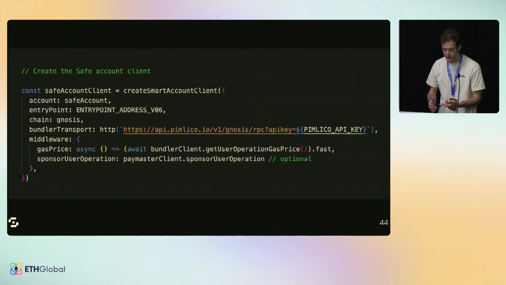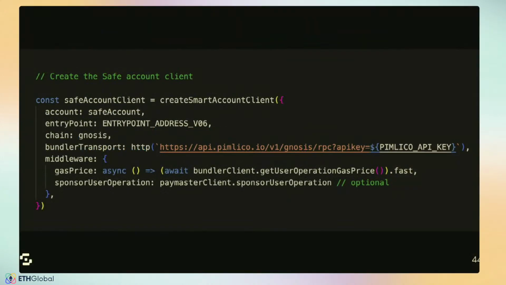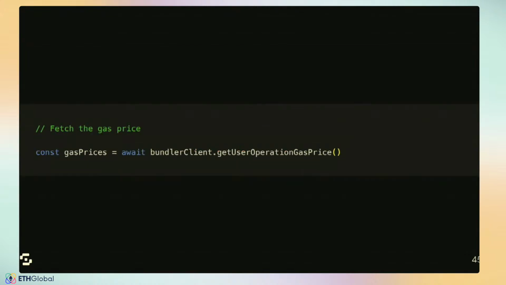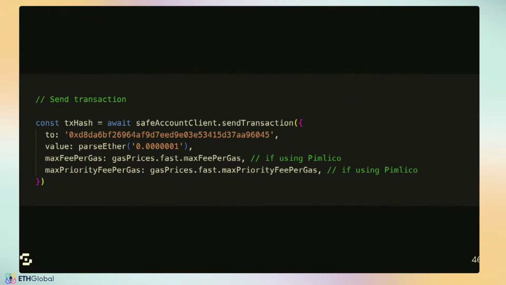And this will work using viem like a wallet client, but with our smart account now. And this is returned by the create smart account client, where we are passing some properties, the ones you see. After that, we can get the gas prices using the bundler client and the method get user operation gas price. And the last thing, if we want to execute it, we can use the Safe account client we initialized before,